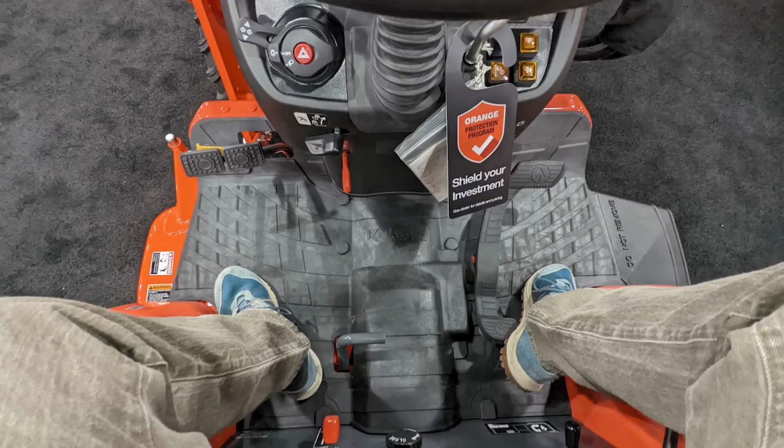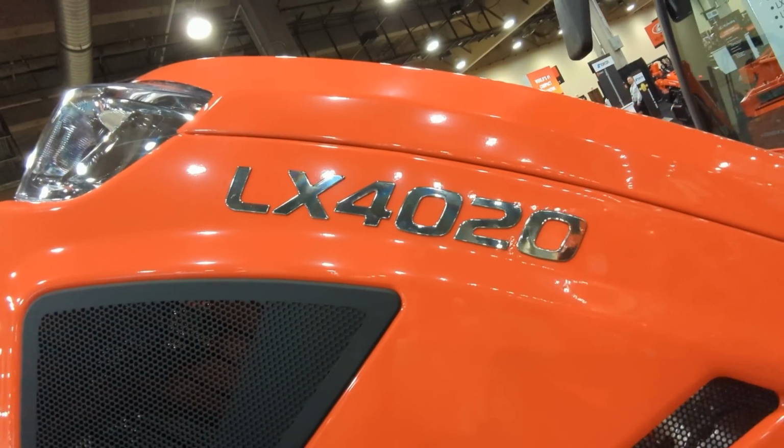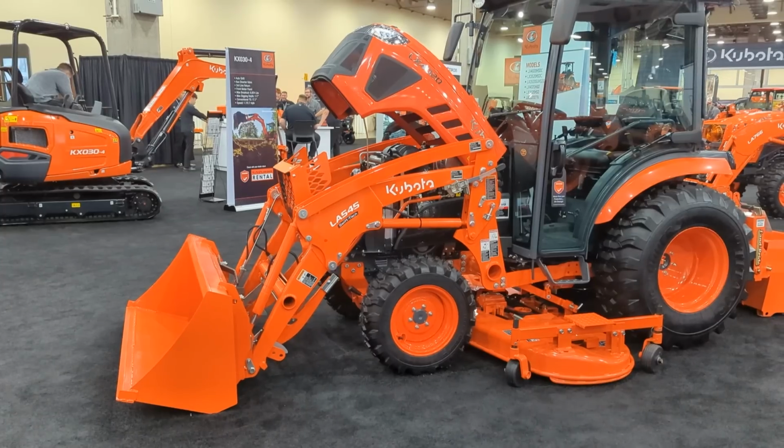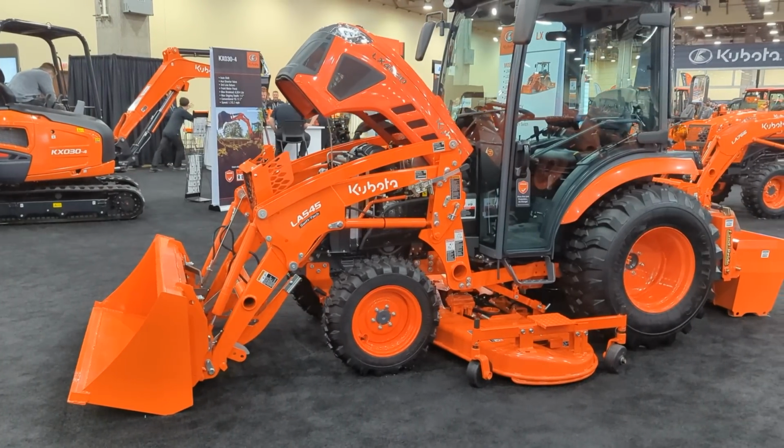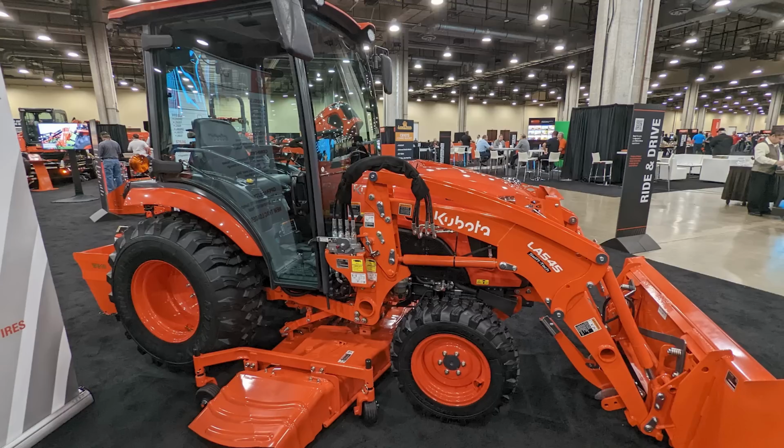The new models are also going to have a flatter platform without a hump in the middle. Makes it easier to get your feet on and off the machine. All of the lights are upgraded now to LEDs. They're going to have better visibility. The tractor receives new grips and controls the whole way around, making them a little bit more comfortable. The front axle, importantly, is getting wider. You're picking up about an extra 4 inches of width in the front axle,